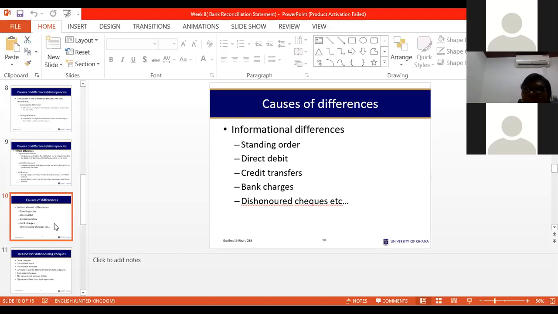There are certain transactions or instructions we have given, so at the end of the month, they will just debit your account. For instance, I have taken an insurance, and so at the end of every month, they just debit my account with the insurance premium, the amount I have to pay. So that is a direct debit. A credit transfer. Sometimes customers may